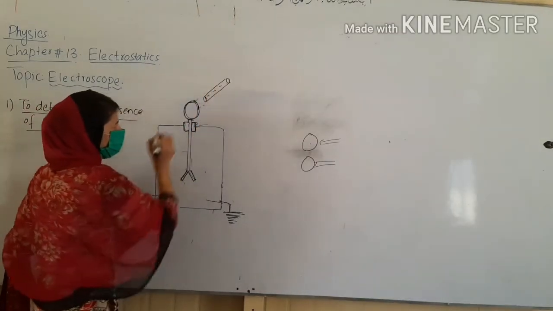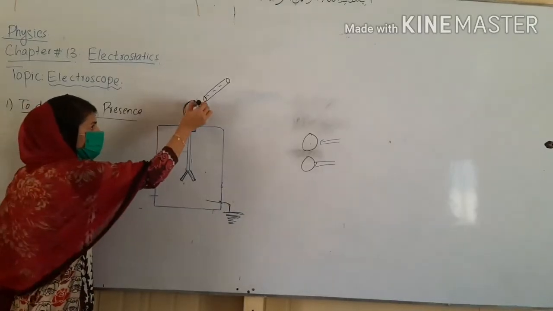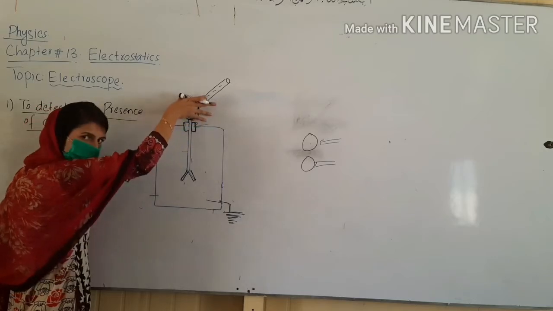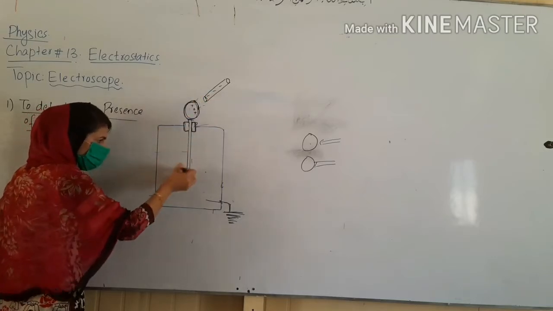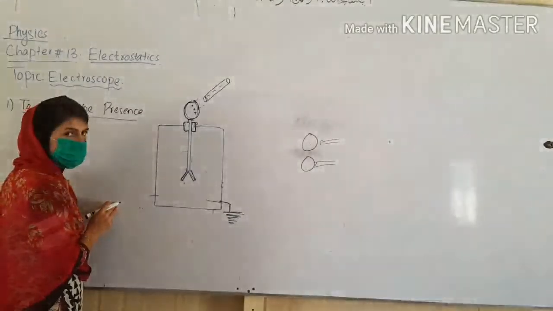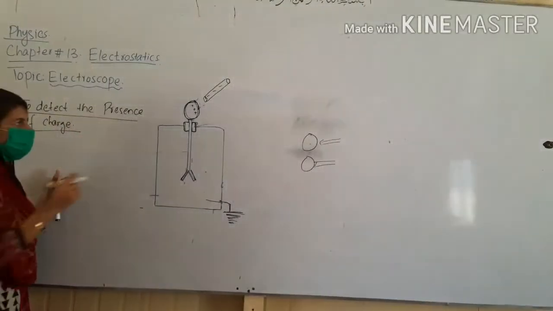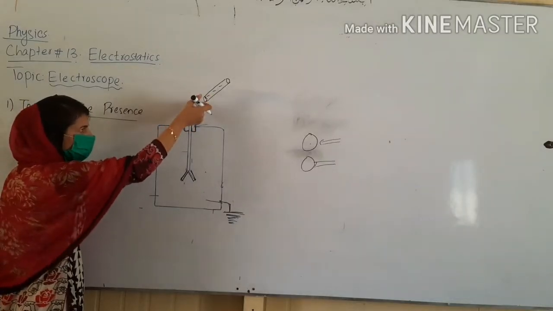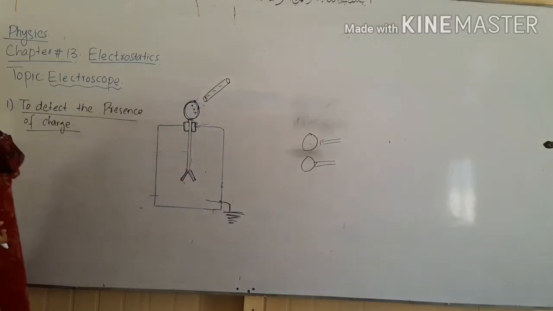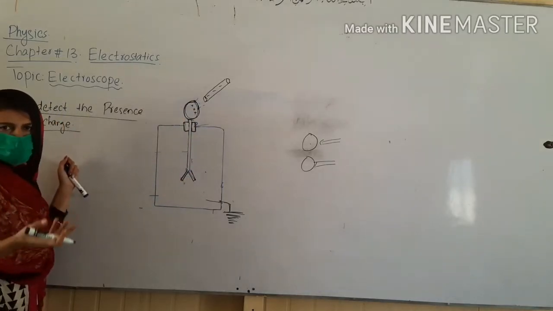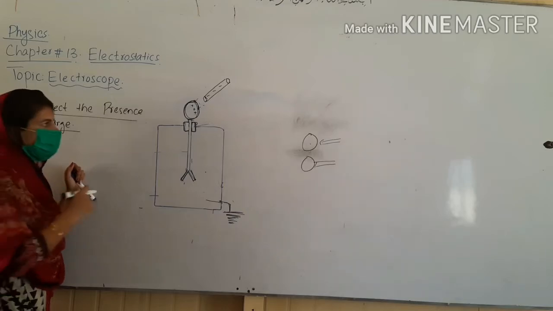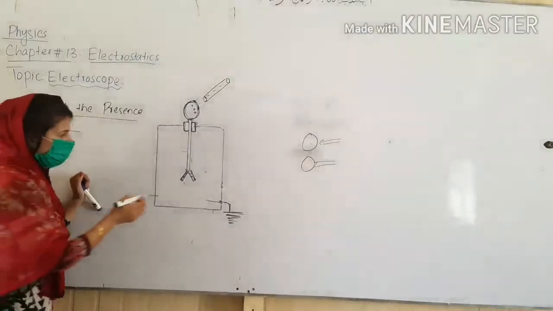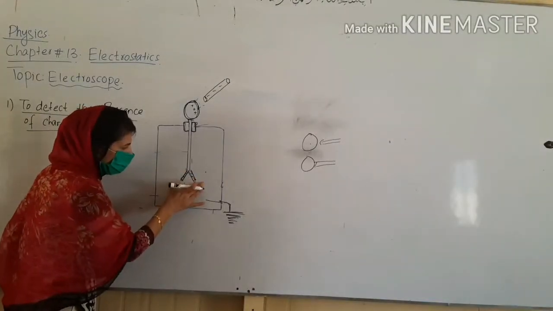If it is negative, then what will happen? The neutral disc will take positive charges by attraction on the disc, and it will repel negative charges towards this direction. Is it clear? Why repel? By electrostatic induction. A charged body brought near a neutral body attracts the opposite charges towards itself and repels the same charges in the downward direction. Like charges repel and unlike charges attract. So negative charges will move along this direction, coming towards the leaves. And when both leaves have negative charges, they will diverge.